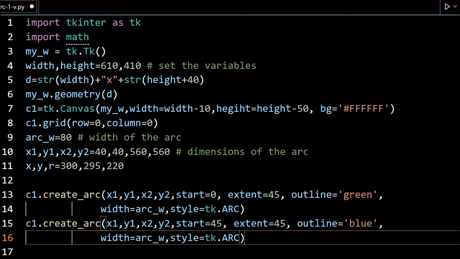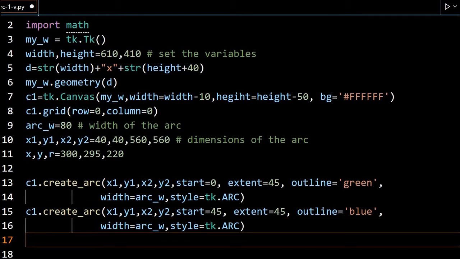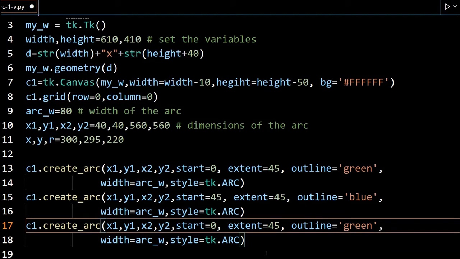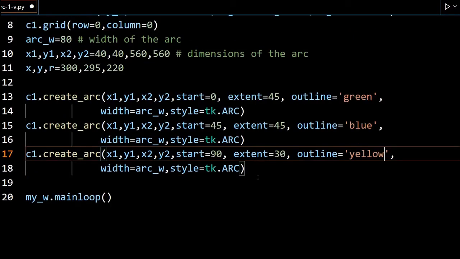Width is the same. Now I will place it again. C1 create arc, same everything. Start from 45 plus 45, so 90. It will start from 90 and extend 30 degrees. This color is yellow. This is the yellow outline I am using.